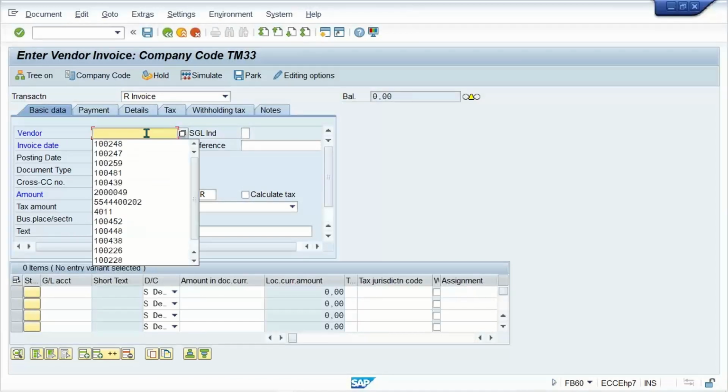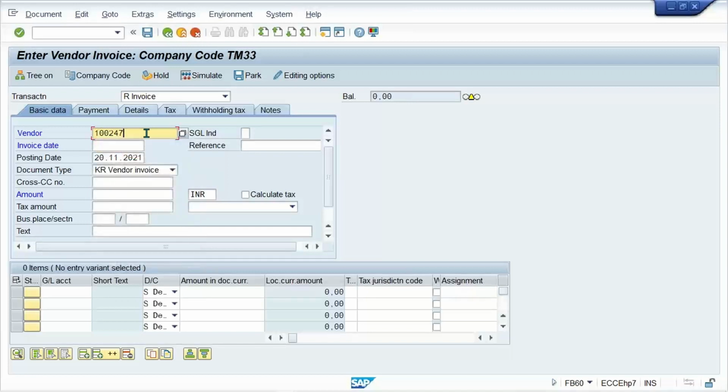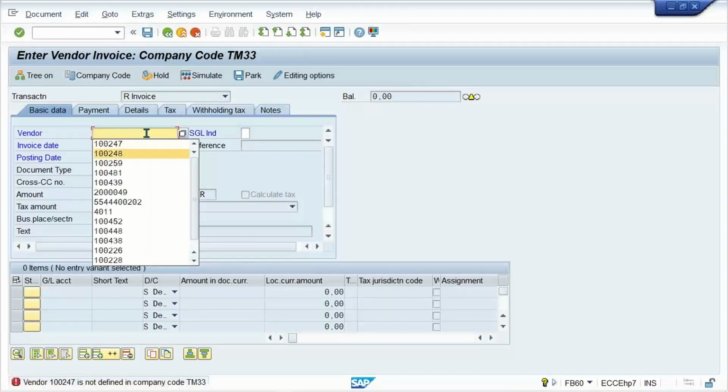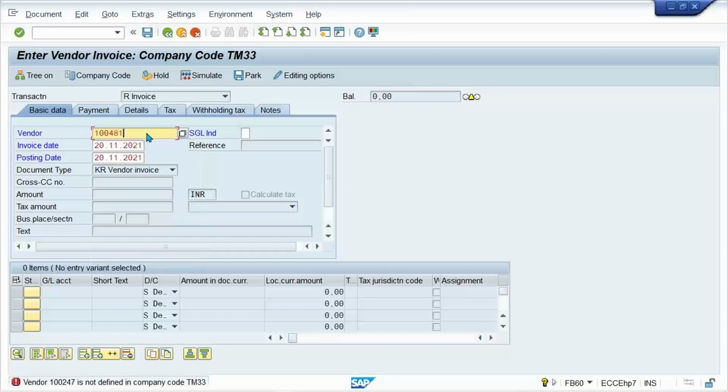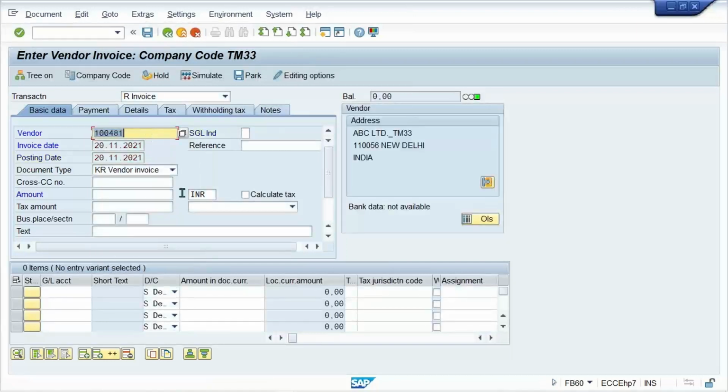Post one invoice here. I think what is the vendor number, guys? Is this the vendor number? Okay. This 481 is also the vendor number, right? Okay. So now,